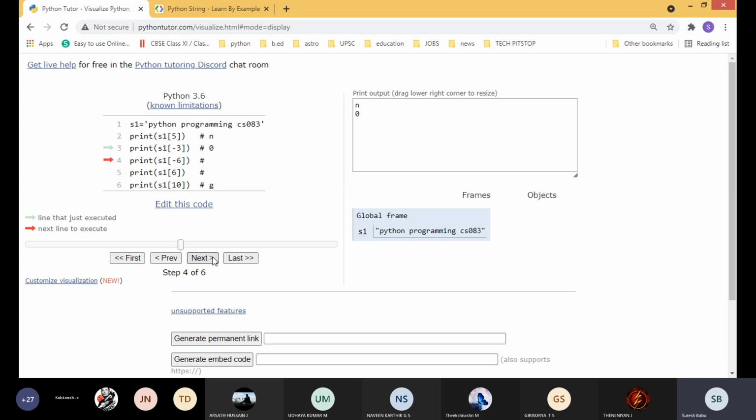Second output 0, third output is actually showing the space. It is not visible here. Then you can see the space here, between 0 and g. Understood, students? Yes, sir. Because we cannot see the space, it is invisible. Understood, everyone? Kindly note down these things.